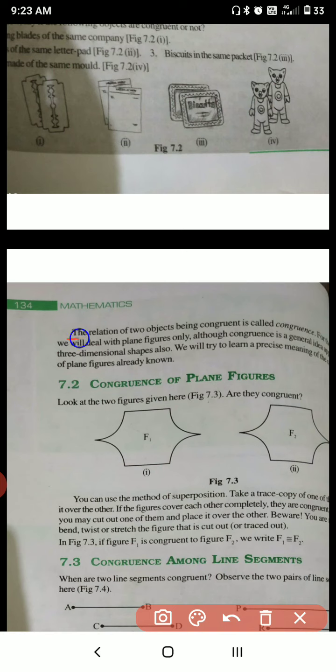Okay, so now, the relation of two objects. Objects means any diagram, anything. The relation of two objects being congruent is called congruence. If your two objects, two things, are the same. In your class 6 you studied the last chapter, I forgot, maybe similarity, when two objects are